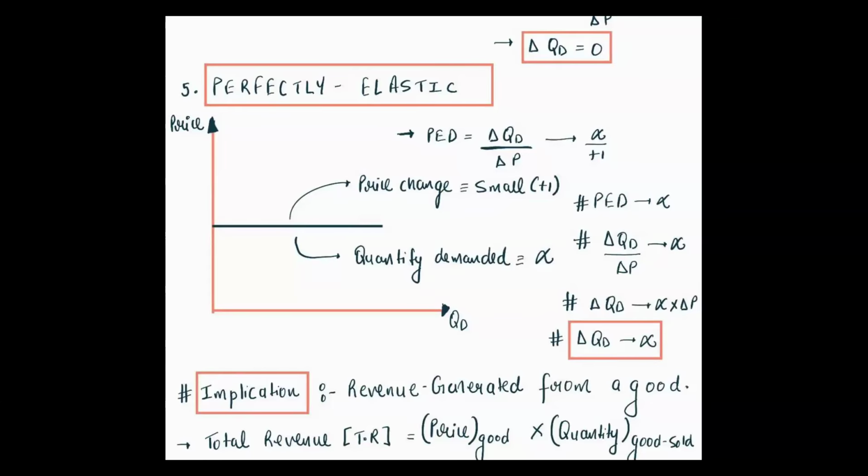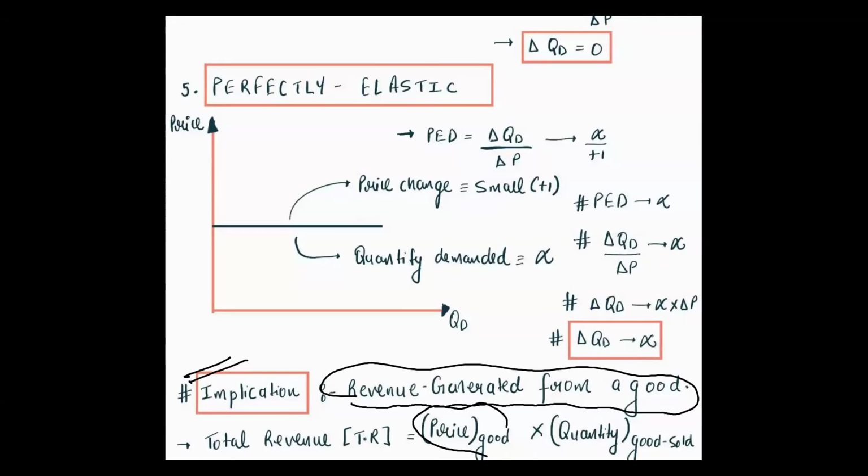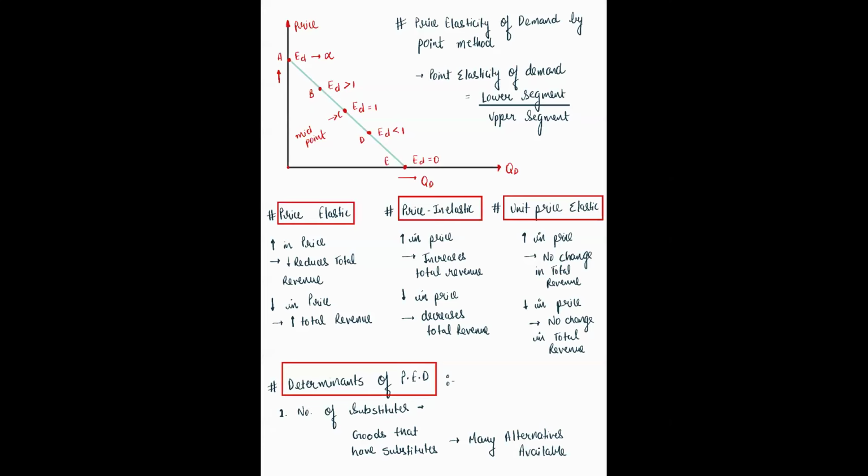Now the implication is that you will use this for revenue generated for a good. How will you generate revenue? Obviously you will have a price of the good and the quantity of the good that is being sold. Quantity of good sold means जो भी demand होगा वही sold होगा ना, तो sold वाली चीज demanded होती है, तो यहाँ आप quantity good sold या quantity demanded लिख सकते हो. So price of a good and quantity of a good sold, वही total revenue is telling that. तो implication क्या है for calculating the total revenue. Is it clear?